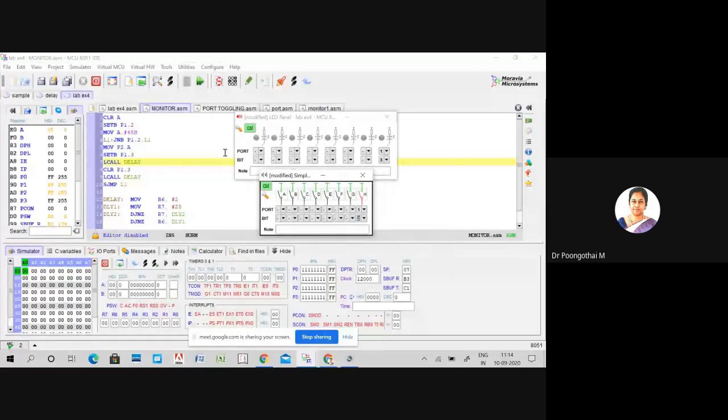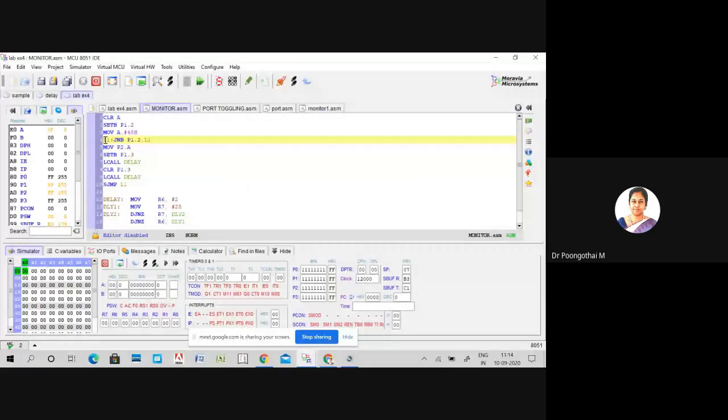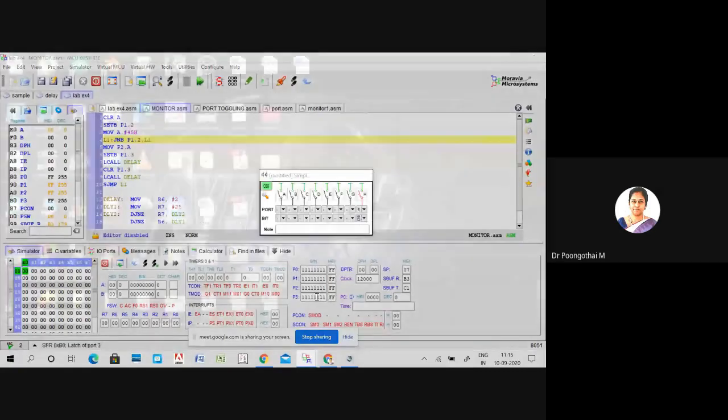So this jump no bit instruction continuously monitors the P1.2 status. If the key is not pressed, your condition is false, so it comes out of the loop and this instruction will get executed. That is, the accumulator value is transferred to P2. At the same time, we are generating a square wave at P1.3. So that is the logic behind this one. Next I will explain how to apply input.